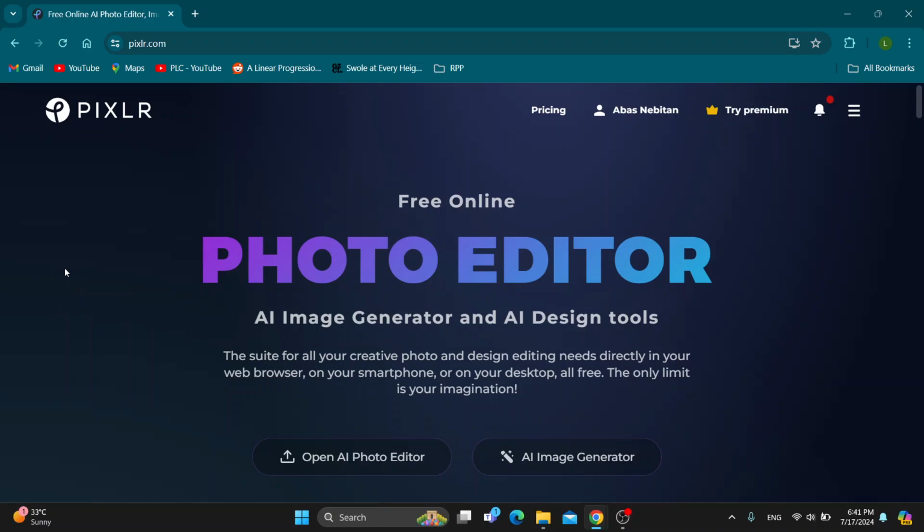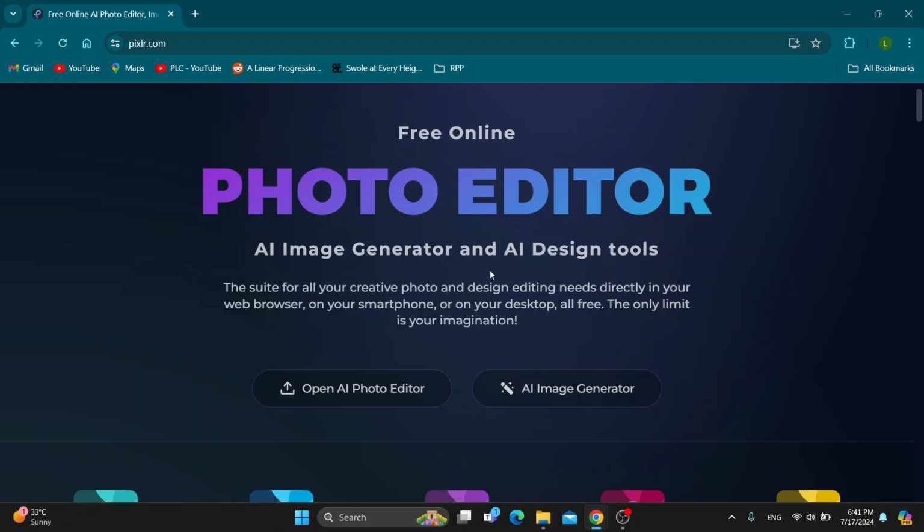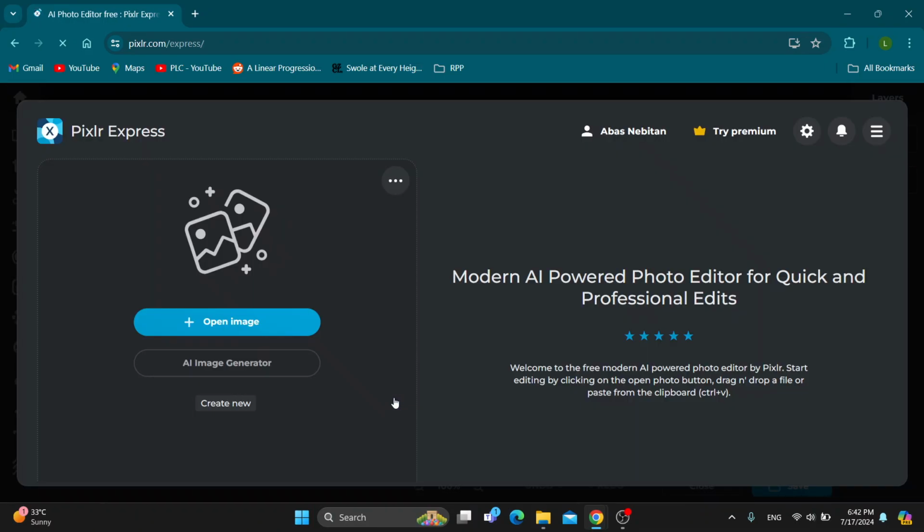So the first thing you want to do is open up the official Pixlr website right here, pixlr.com if you haven't already, and after opening it up you'll be greeted by this main page right here, which is the homepage of the Pixlr website, where in the upper right corner we can get started logging into our account. So if you do not already have an account, just create a new one, and after logging in you'll be greeted by this main page right here where we can get started opening up the photo editor. So let's open up the photo editor by clicking on it right here,